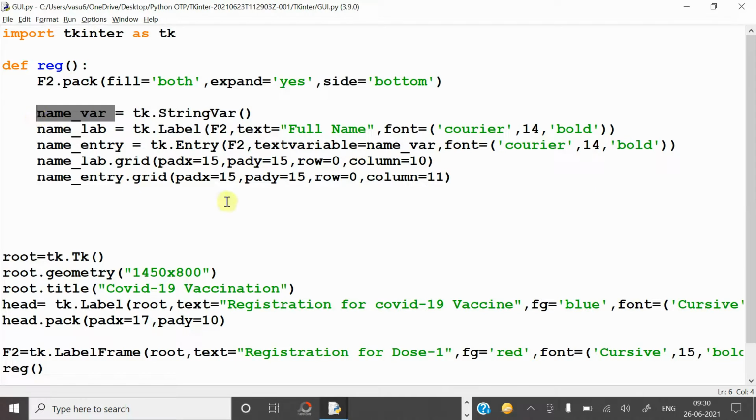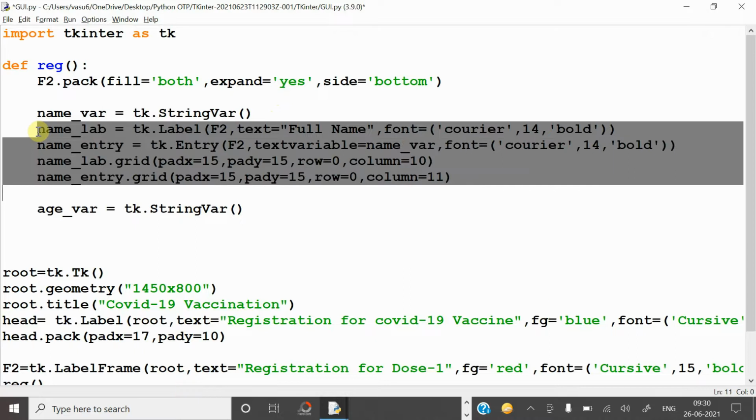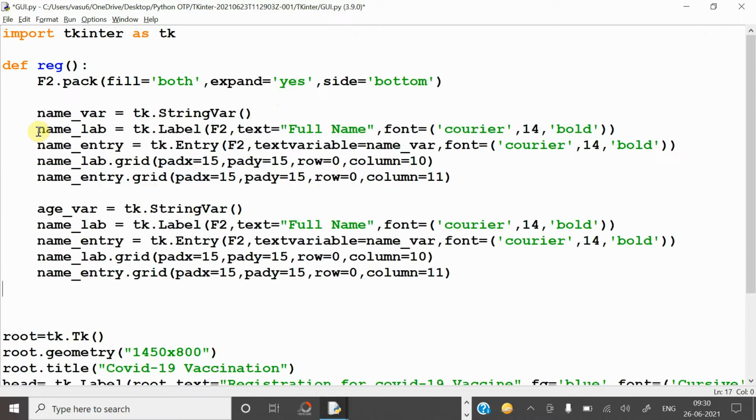Now similarly, after the name, what is the other thing you can take? That is the age_var. So here by default I am taking the string type. So just copy here. So you can copy paste from here simply many things. Now after that, name, entry, age and all the things you can take. But here change the variable names. Simply age.